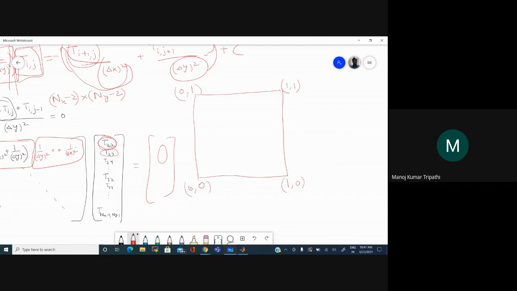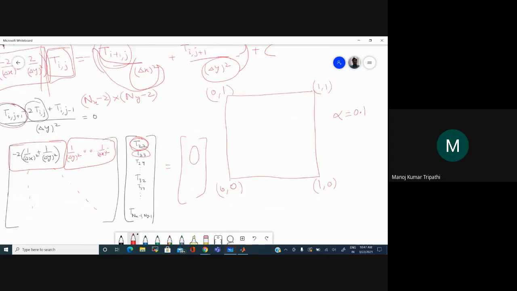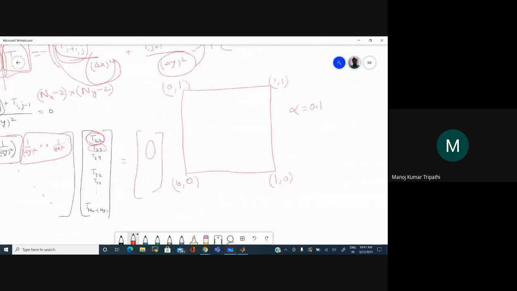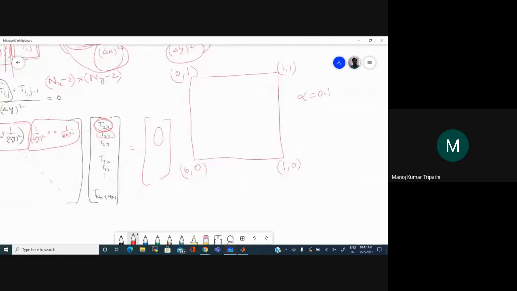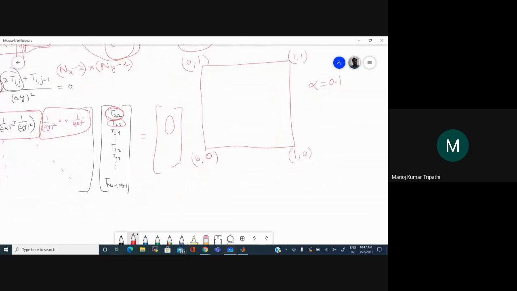This is the domain. This is a square plate with conductivity 0.1 in some units. So now I have to give you the boundary conditions. Let's say the bottom boundary condition is, up to half of this domain, the temperature is 100.